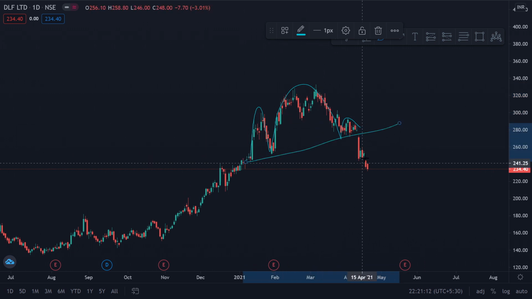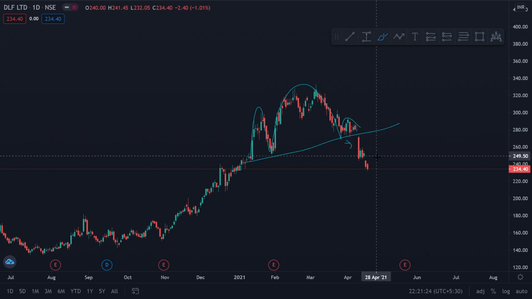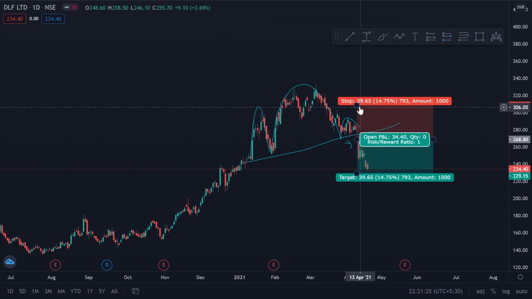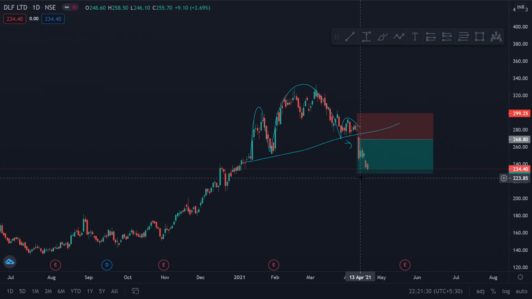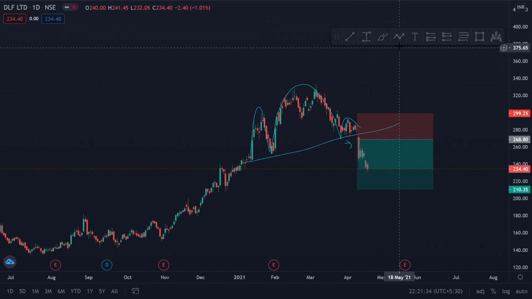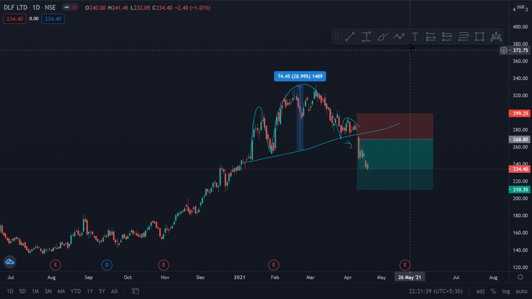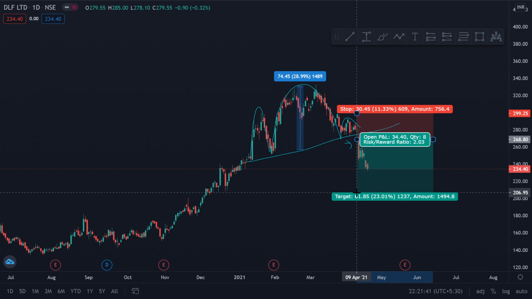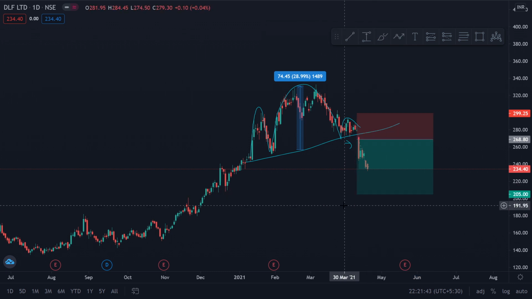So as soon as the neckline is broken, you can see the quick momentum immediately. So here again, this is the advantage for an aggressive trader. He took an entry right here. A conservative trader waited for a retest, but it never happened. And if I would have taken my trade here, and my stop loss right above the right shoulder, and profits about here, because that is approximately the height of my head, right? My height of the head is around 25%. So if I keep 25%, it's around these areas.